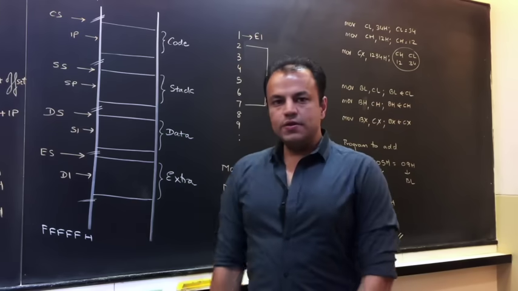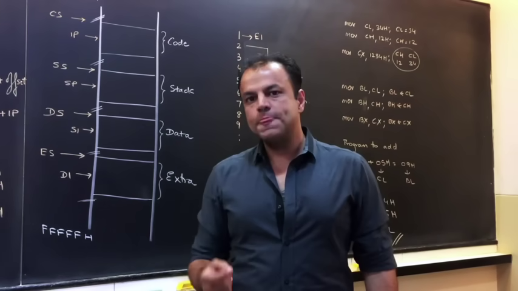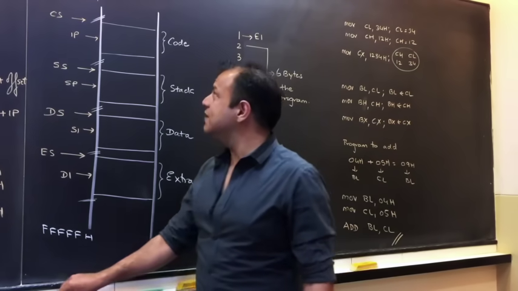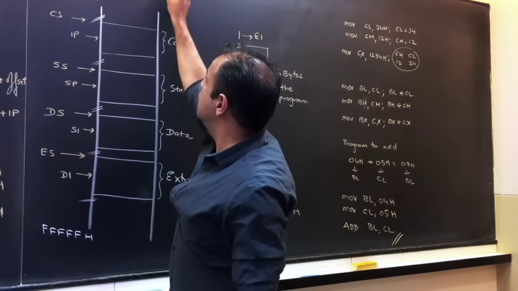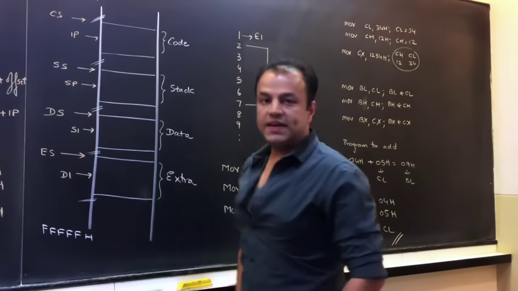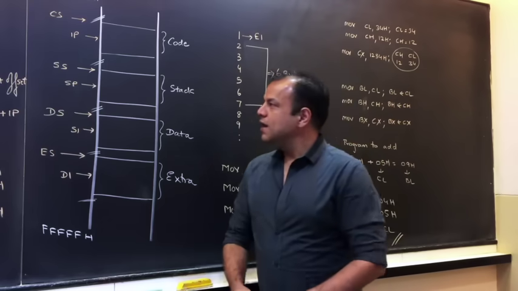The amount of memory that you can access depends on the address bus. 8086 has a 20-bit address bus, so it can access 2 raised to 20. That is 1 MB memory. So this entire memory size is 1 MB. Okay? Now,